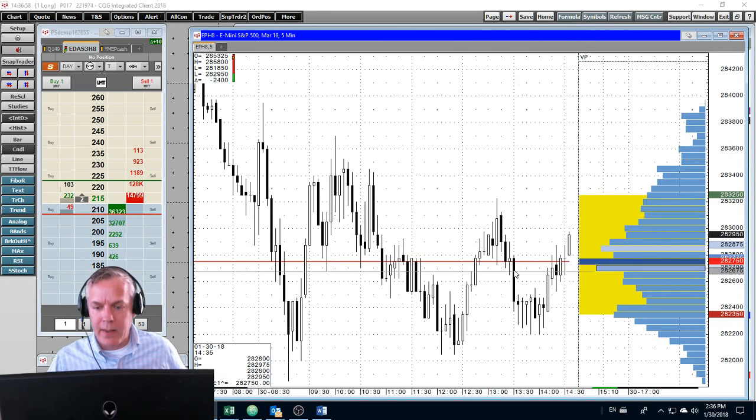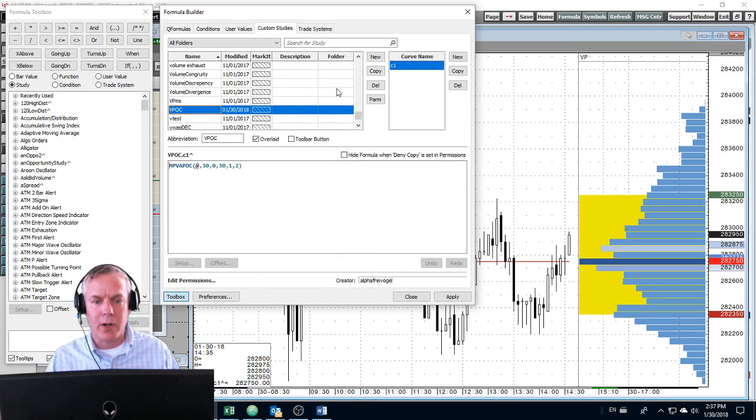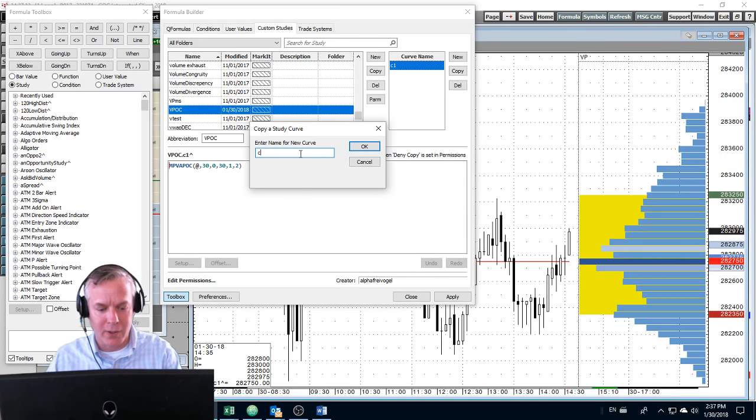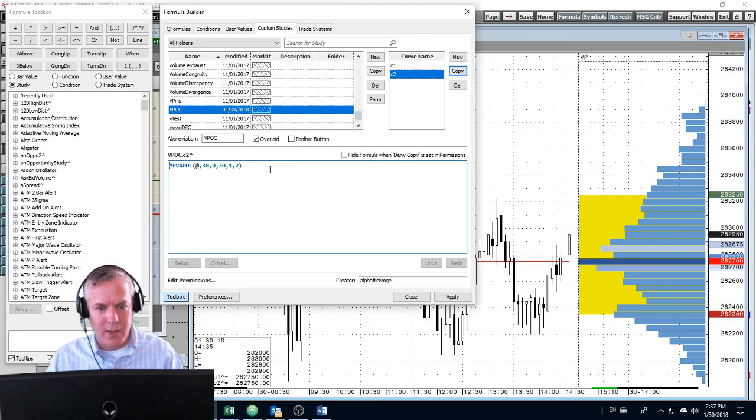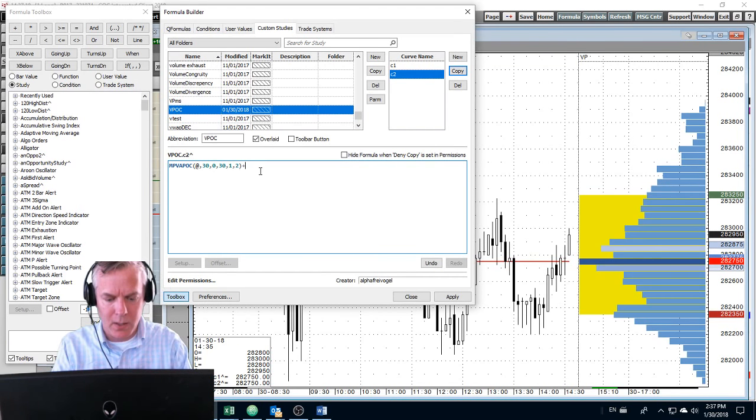Now, once we've done that, let's actually create another curve just so you can see how you can use this value and build things on top of it. So we'll copy this, we'll call it curve 2, and we're going to add